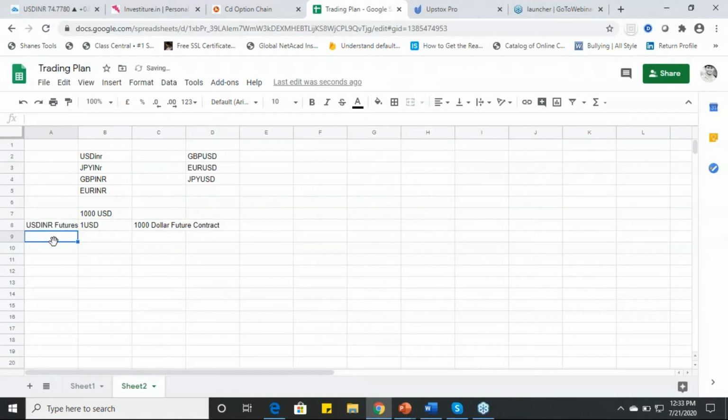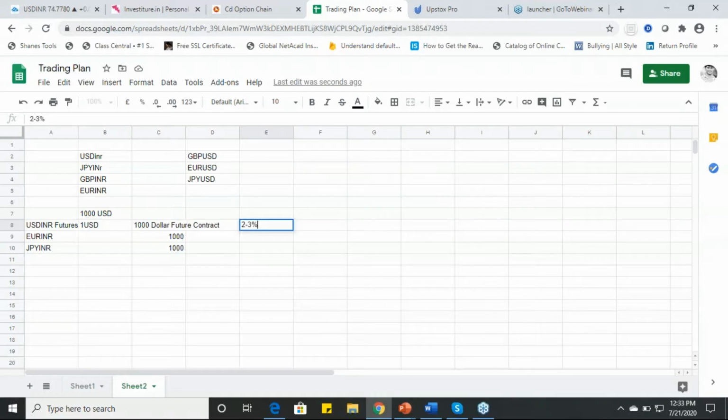Similarly, in Euro INR you get 1,000 euros, and in JPY, that's Japanese yen, again you get 1,000. So the lot size is 1,000, which is a constant thing in currencies. Even in GBP there are 1,000. For every lot, one of the most important things in any currency pair is the margin. Currently the margin payable in currency futures contracts for carrying any future contracts